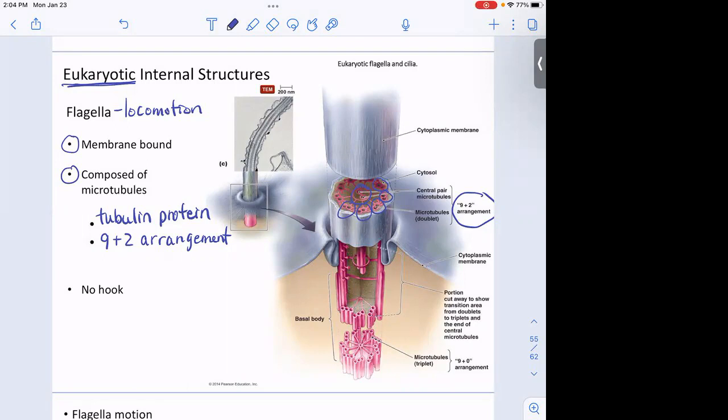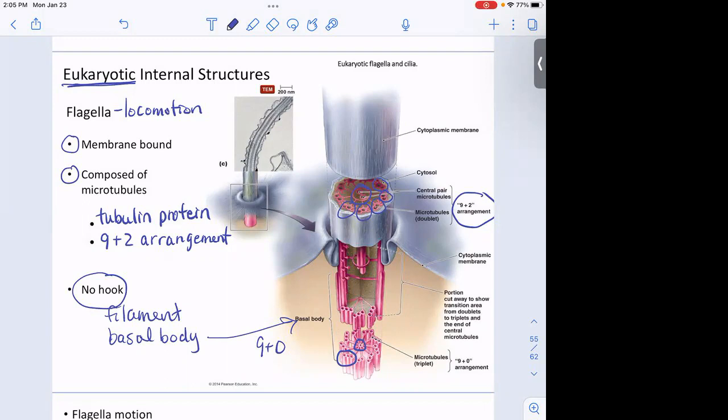And remember with the prokaryotes, there was a filament and a hook and a basal body. With the eukaryotes, they don't have a hook. So just filament and the basal body that's going to be anchored in the cell membrane. Okay, and the structure changes a little bit down in the basal body. It has a 9 plus 0 structure, meaning it actually changes into 9 triplets and 0 microtubules in the center. So I'm not sure the significance of that structural change, but it's noted there.